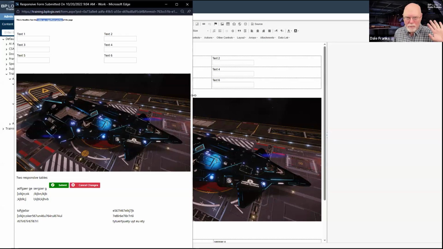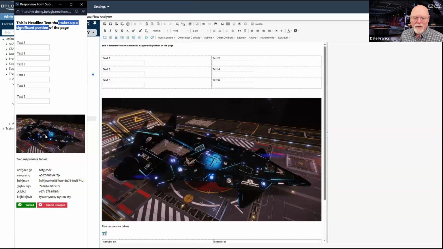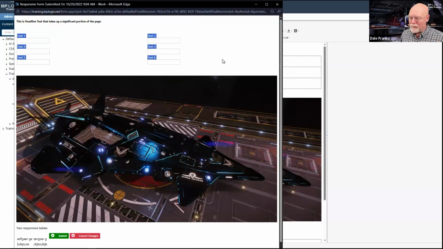That breakpoint is built into Process Director. And then I hit the second breakpoint and it gets bigger again. But notice that my picture always gets smaller. My tables all change. My text here all changes. Most of this is built into Process Director, but not all of it is.